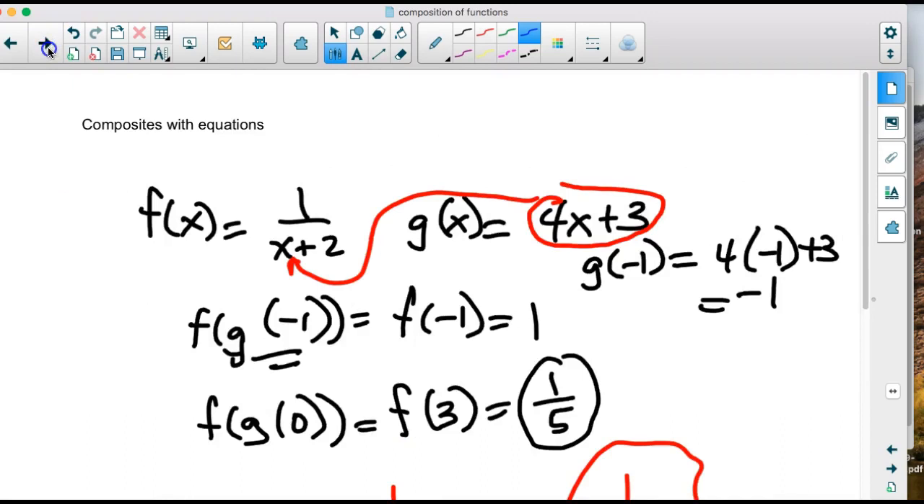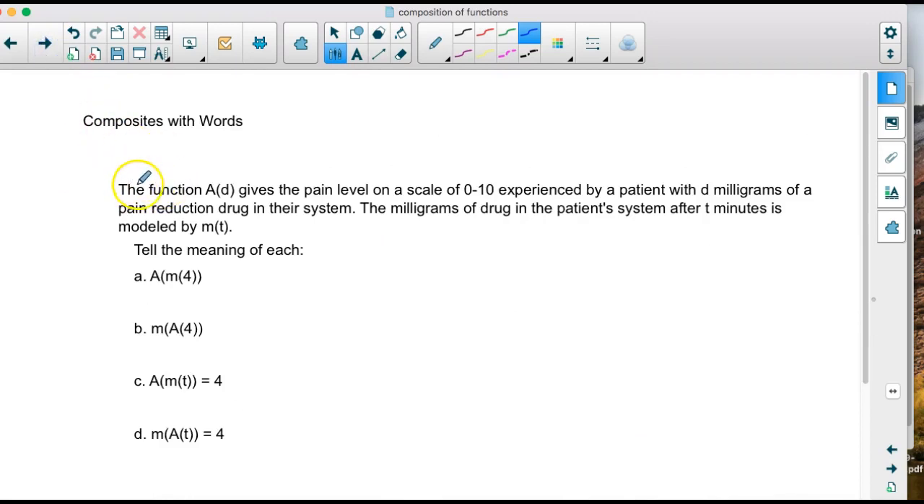Okay, you have an example of a word problem. This one is the function A of the d value gives the pain level. So A is the pain level from 0 to 10 when you put d milligrams of the drug in their system. So this is how many milligrams is going in there, and then you're finding a pain level. The milligrams that you find after t minutes is this. So this is the milligrams of that after this. So this represents